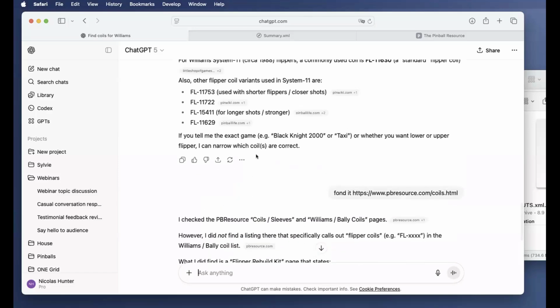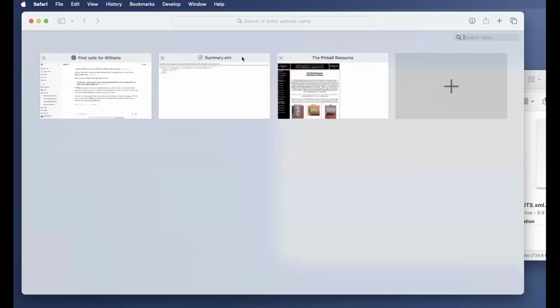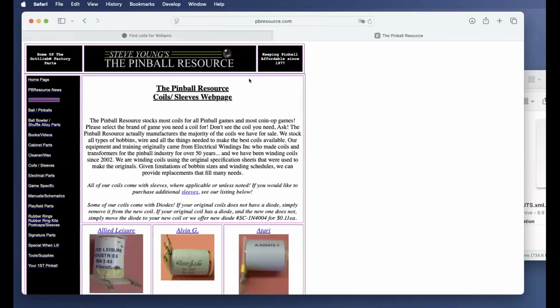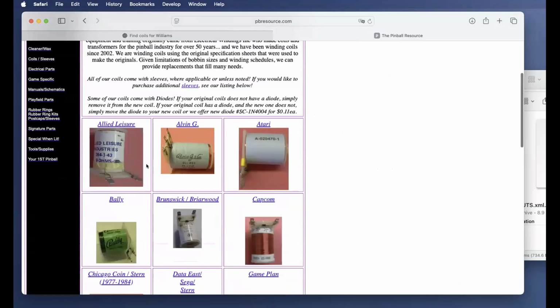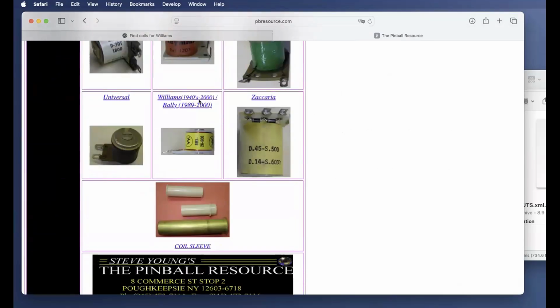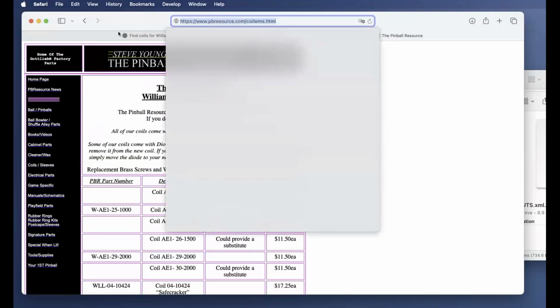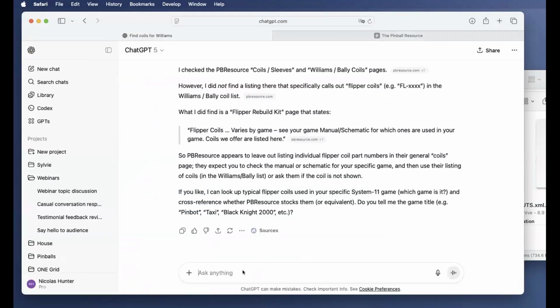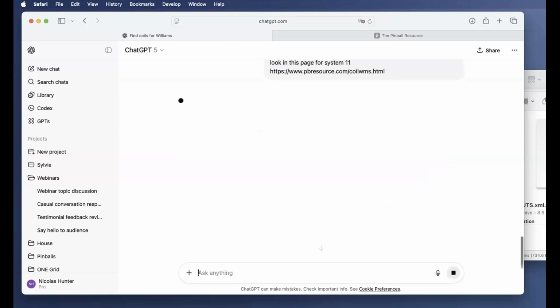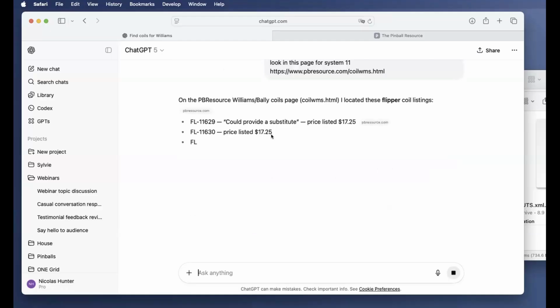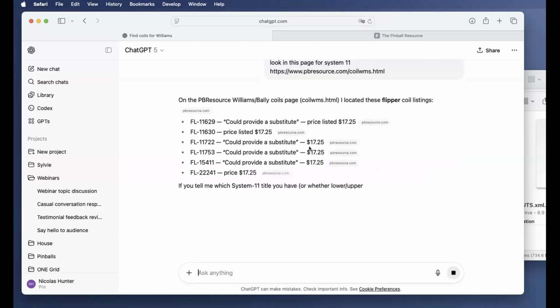you can say go to the one website, and I don't know, maybe my example wasn't good enough. Maybe I can say, oh yeah, because I didn't go far enough, so I need to go there. I need to go here, in this page, right? So look in this page for our system 11. He will find it because I went to the page. Boom, so he found it. Right?